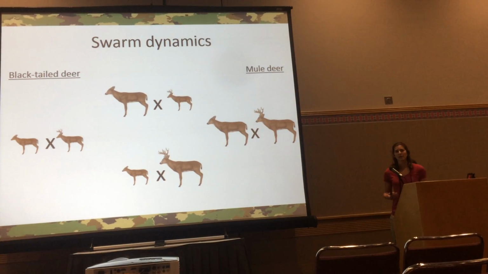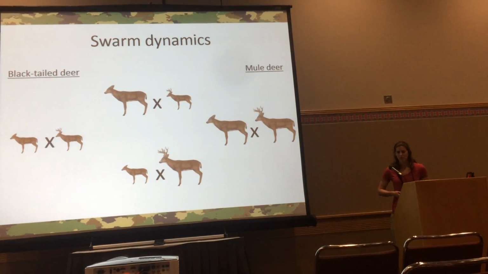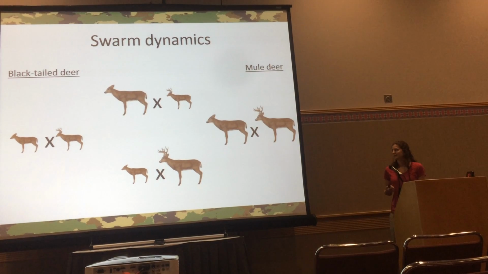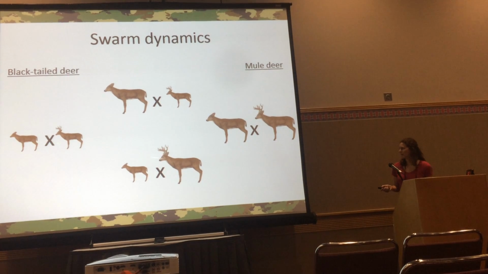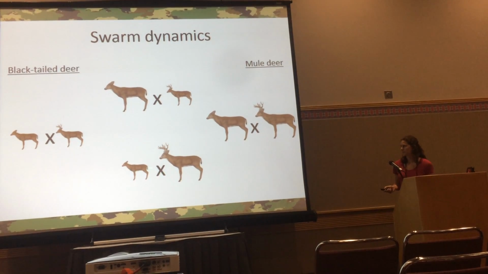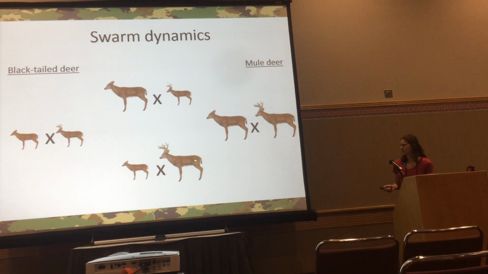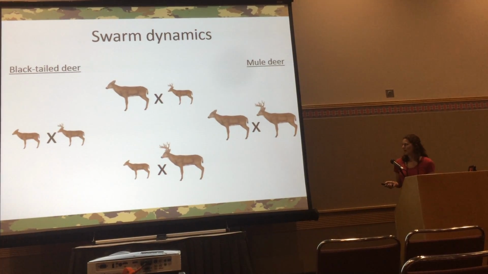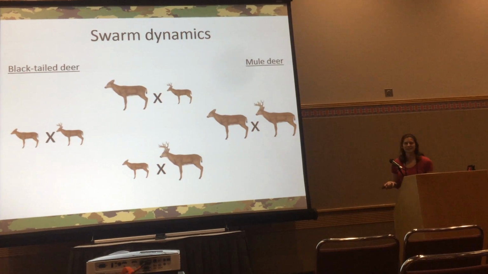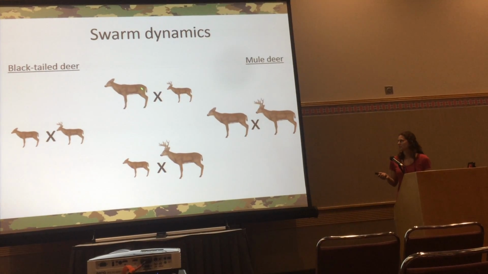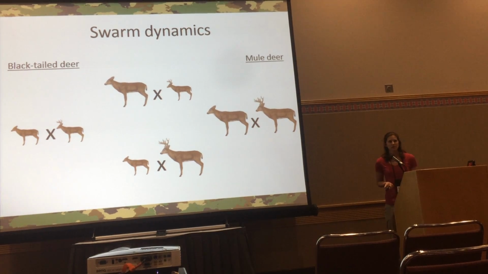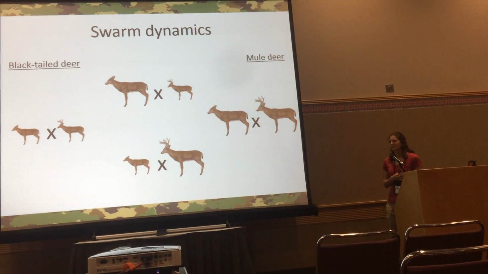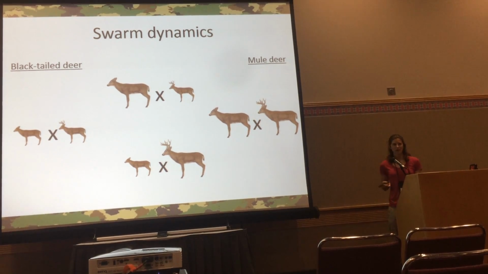We also wanted to look at the direction of introgression in this group. So in a lot of mammals, especially deer, we find that females tend to prefer bigger males. So we thought that we'd see this pairing of hybrids: small black-tailed deer female, large mule deer buck. And in reality, we didn't. We actually found that these huge mule deer females were mating with these tiny black-tailed deer just as much as the opposite cross. But we're looking at the hybrids that actually survived.